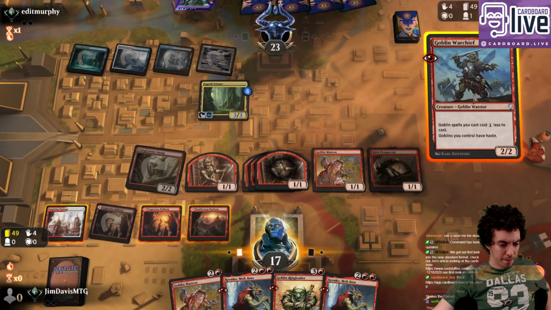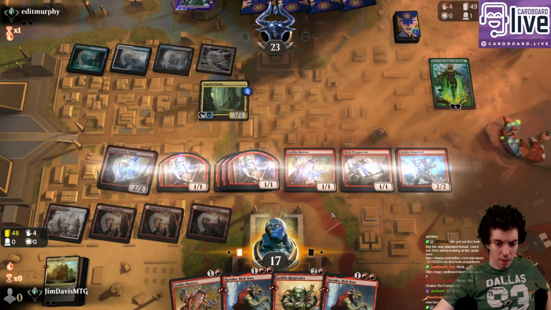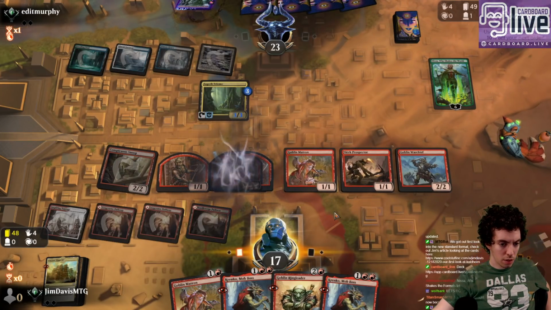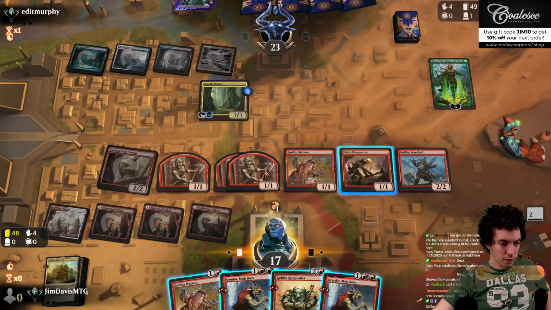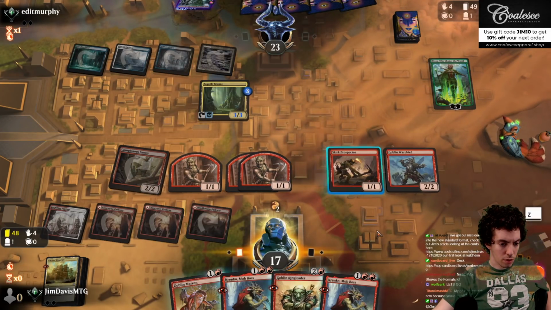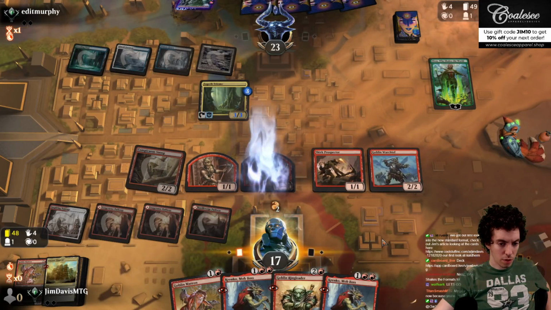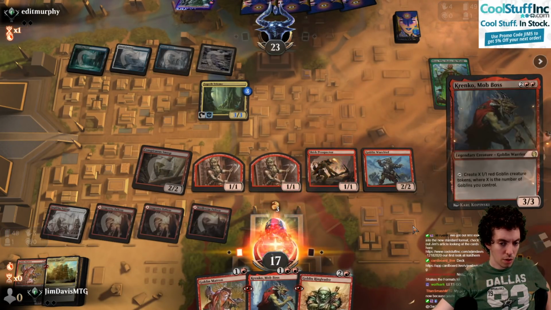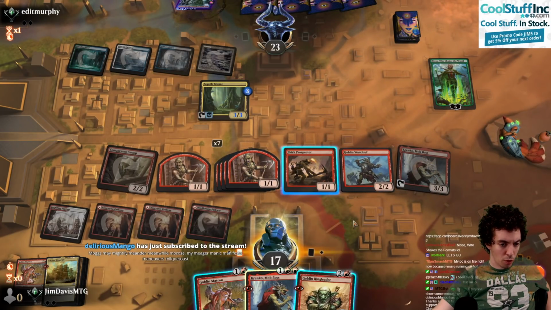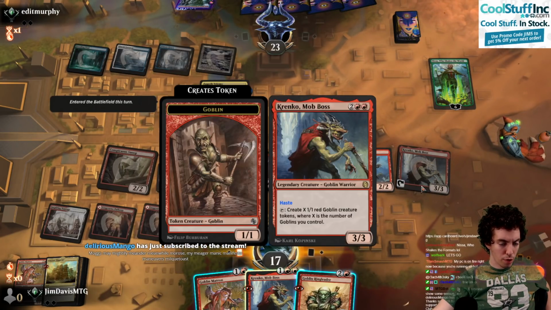Play Warchief off the top. This is unreal. Sack a token. Sack Matron. Play Krenko. Make a bunch more tokens. So Krenko's 3 mana for...